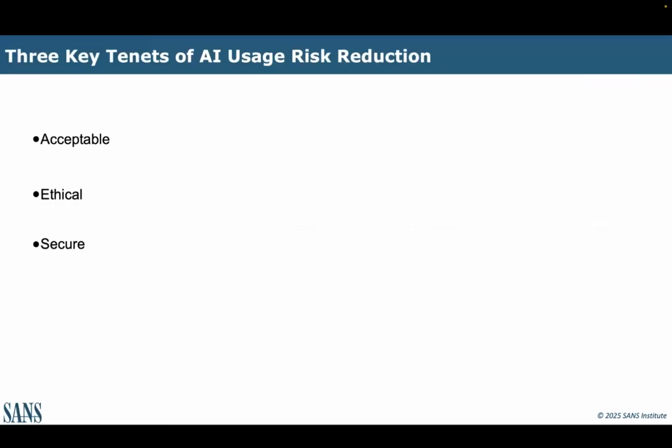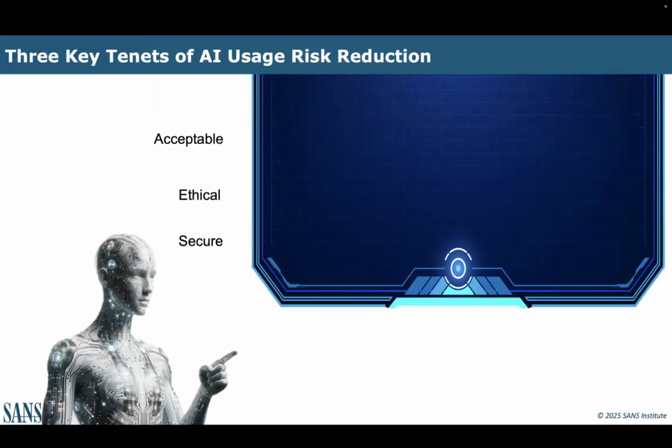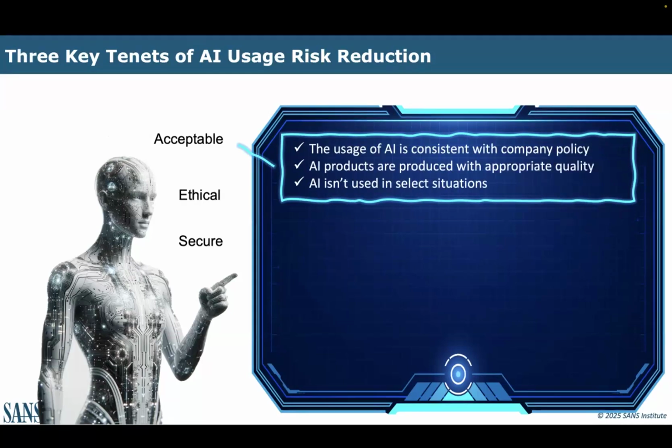We start with 3 categories of risk. And it doesn't matter that they're organized this way, they're not in any particular order, they're just a way to think about this. We have acceptable, which simply means follow policies. And trust me, follow policies, they're there for a reason, learn what they are.